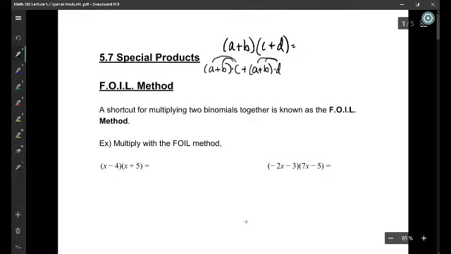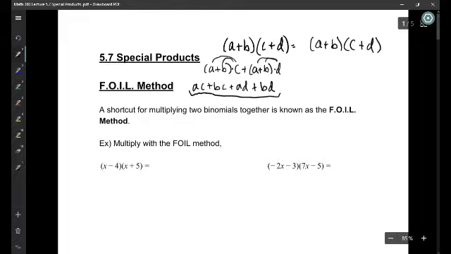And we get ac plus bc plus ad plus bd. But it turns out that there is a shortcut to getting this result. So if we take our a plus b times c plus d,